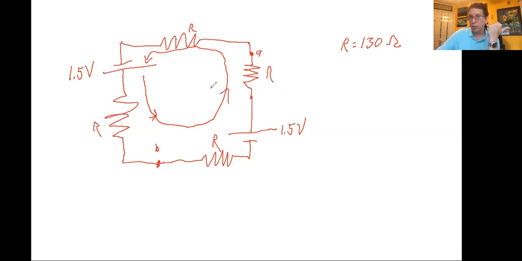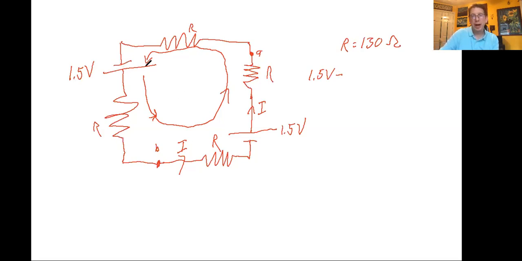And so there are no junctions. There's no place where the current branches off. But we'll draw the current arrow in the same direction as the loop, because there's no reason not to. And then we apply the loop rule. So voltage rises minus voltage drops is equal to 0. So we have 1.5 volts minus, starting from here,